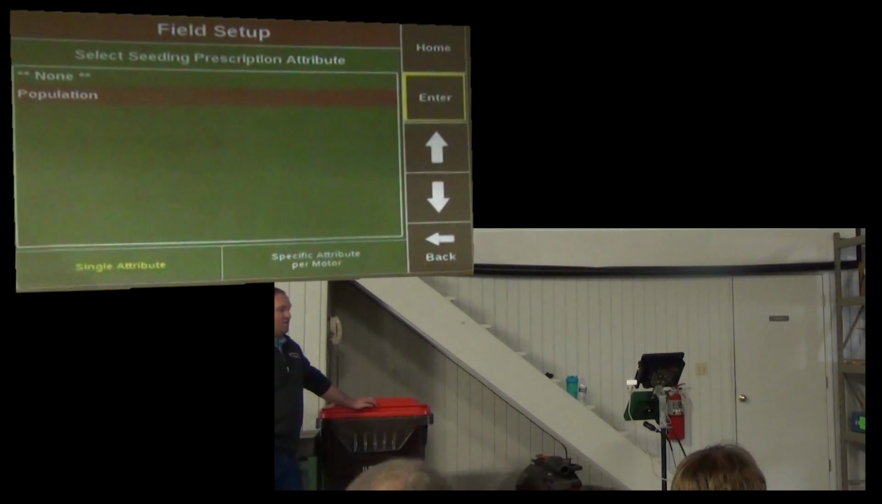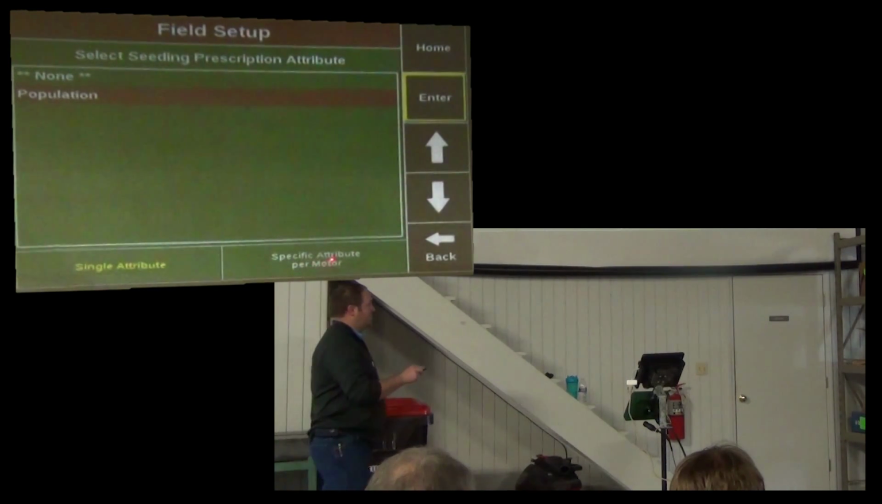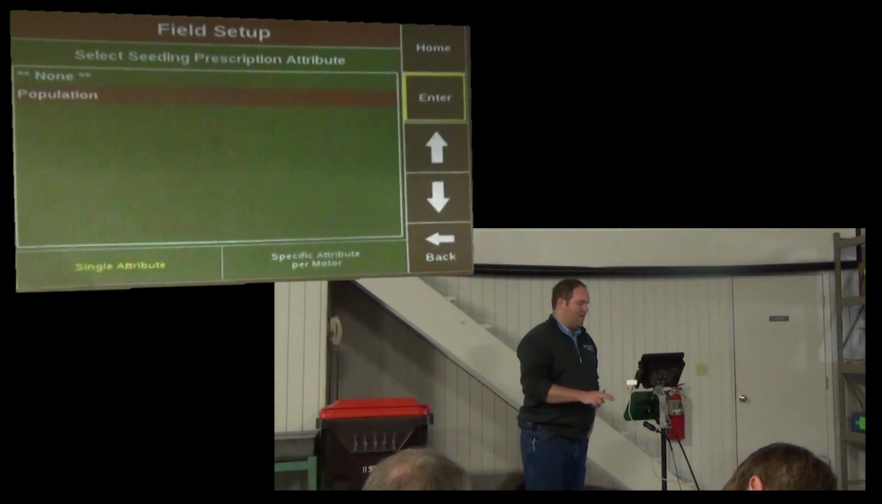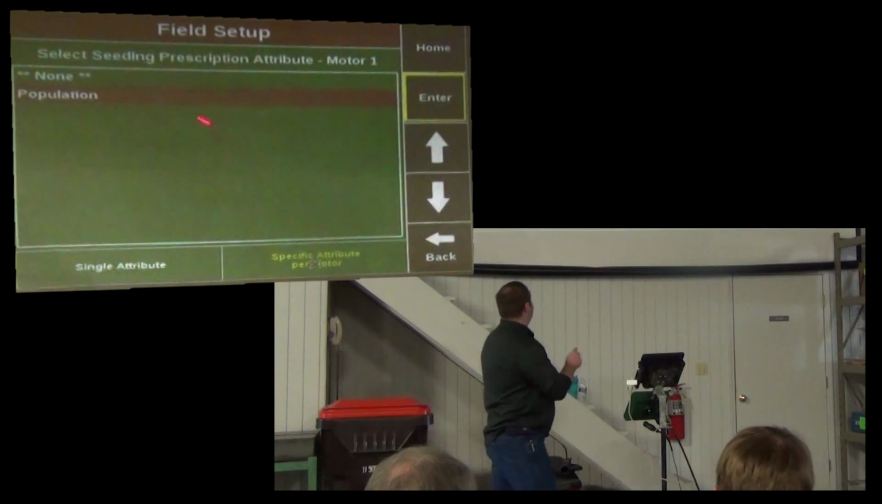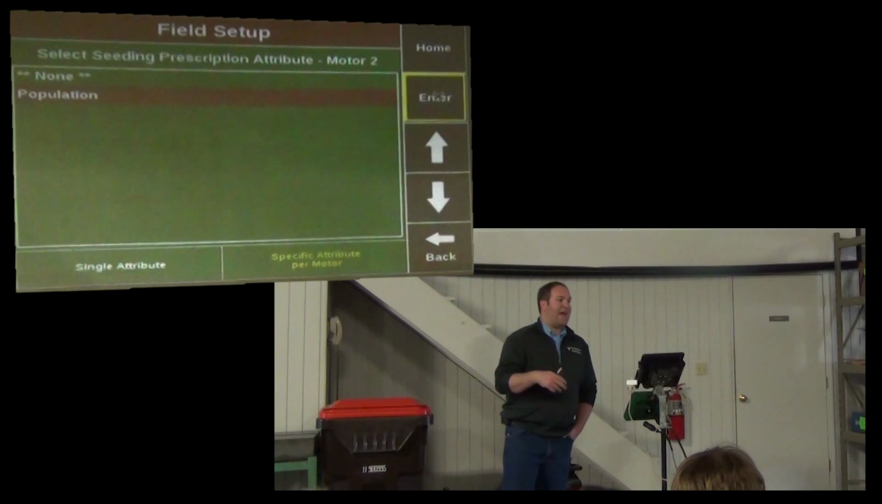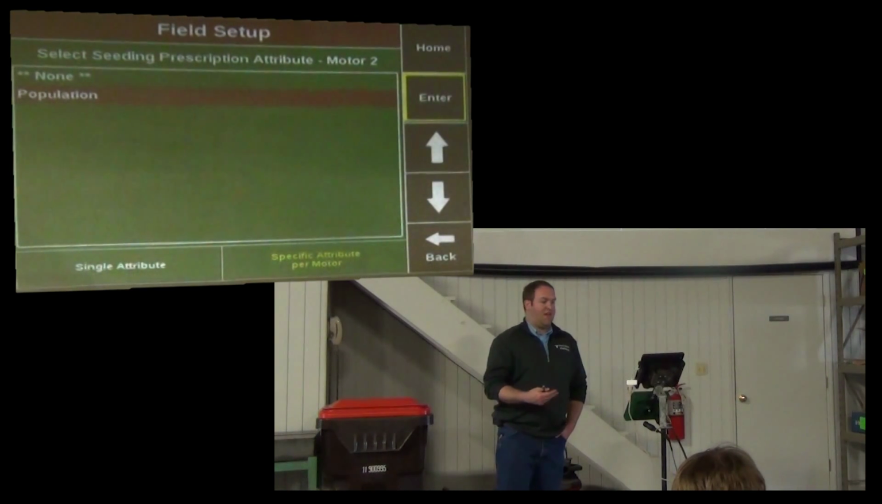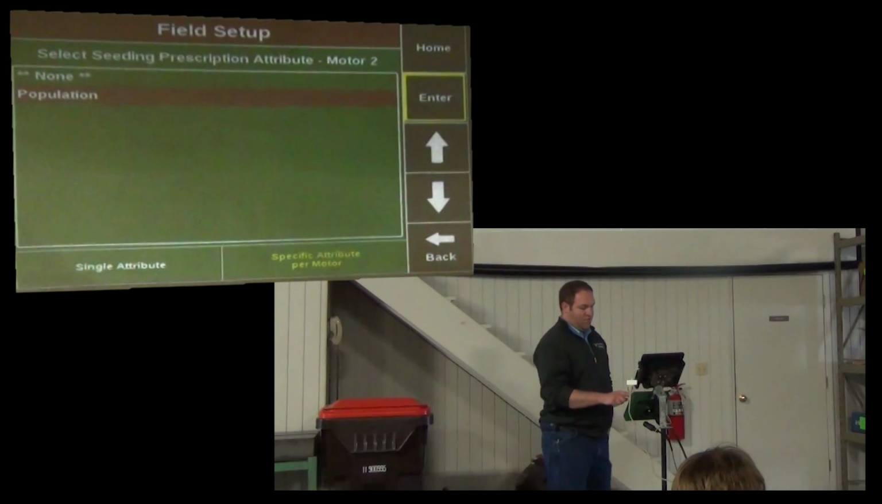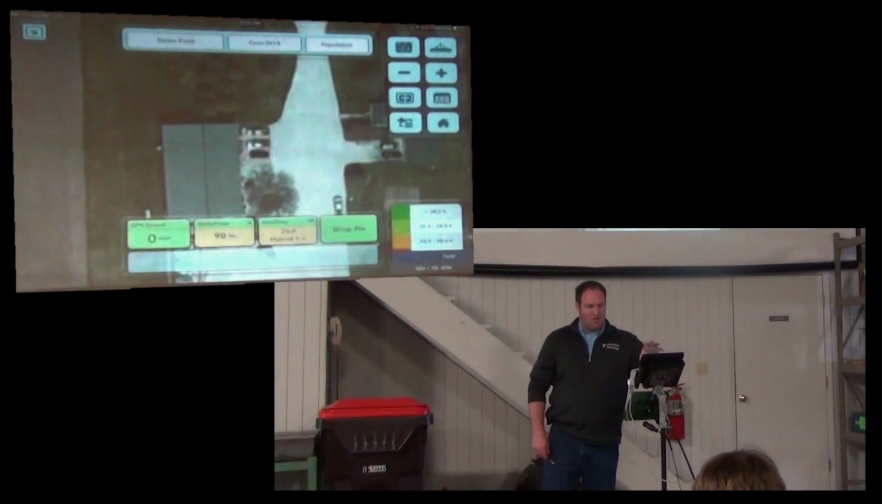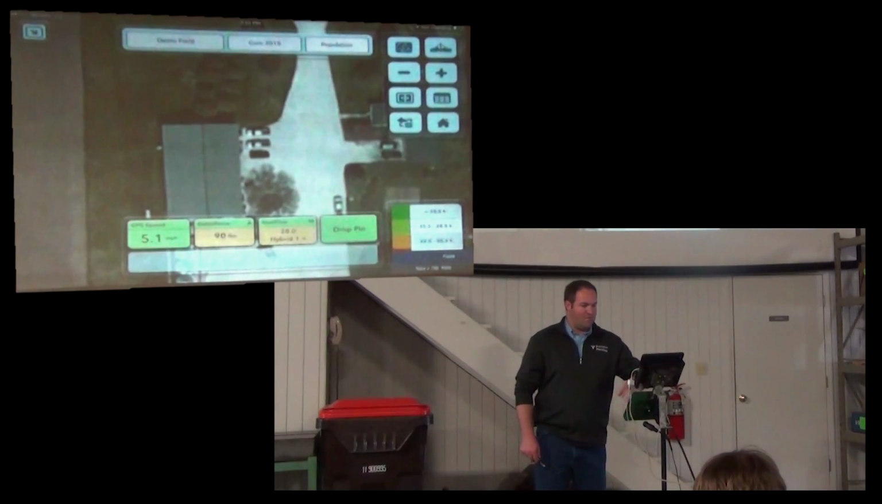So if I made one for one hybrid, one for another, one for male rows, one for female, whatever it might be, I could select a specific attribute per motor, or I think it's per drive section, it would say, with vDrive. Motor 1, I'm going to select, say, population. Motor 2, if I had another attribute, I could select for motor 2. I'll show you quick how you would tell if you have multiple attributes. I've got a prescription on here that I'm not able to get to the